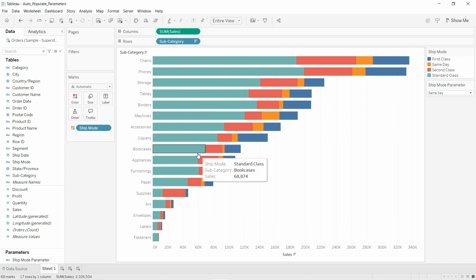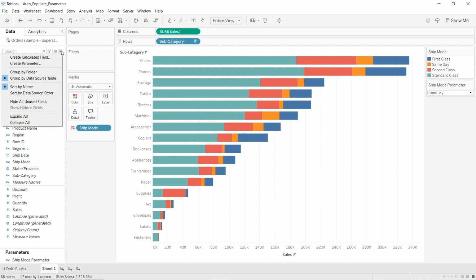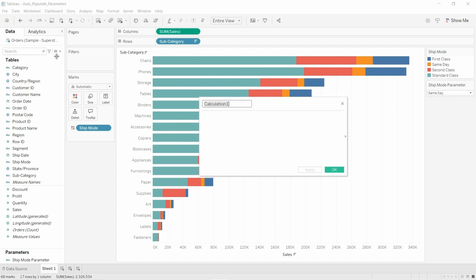In order to achieve this requirement, we would first need to create a calculated field that makes use of the ship mode parameter to capture the values of the selected ship mode and to make them available within the visualization. Let us create a calculated field using the drop down option in the data pane. Let us give it a name, selected ship mode